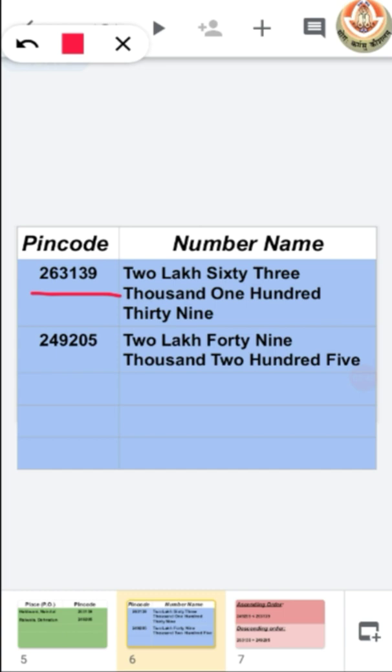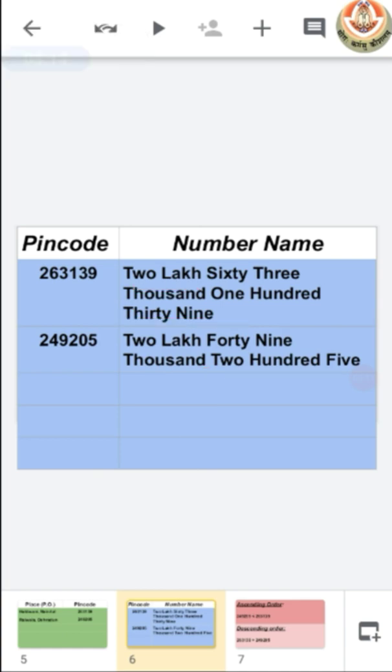For 263139, the number name is 2,63,139. Similarly, for 249205, the number name is 2,49,205.